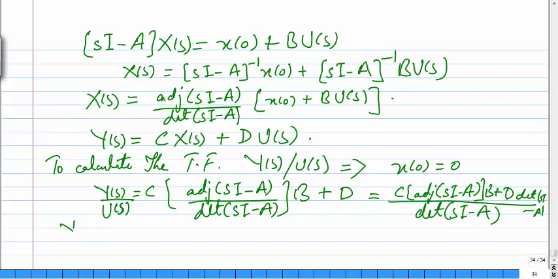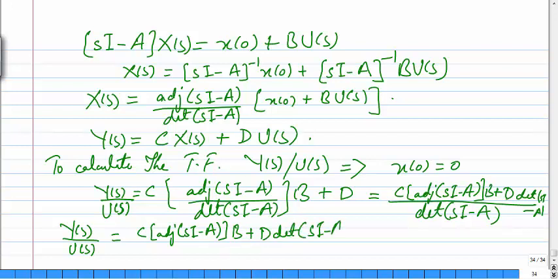So Y(s) divided by U(s) is adjoint of (sI minus A) times B plus D times determinant of (sI minus A), whole divided by determinant of (sI minus A). So what we learned is that the ratio of output to input is known as the transfer function,